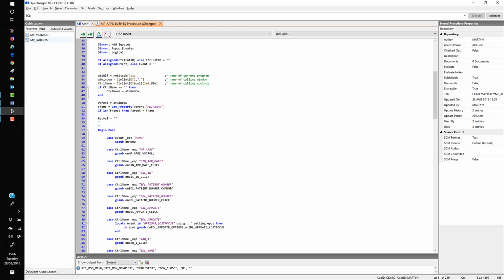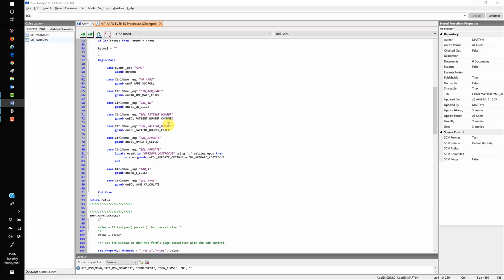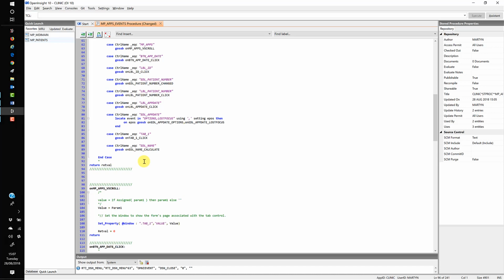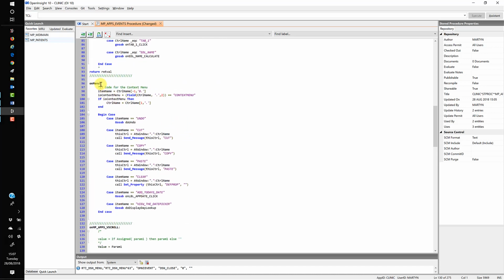Now we don't have an on menu option at the moment, we're going to need to create one. So if I just grab that code from Notepad, and we'll come down to the bottom here and we'll drop that just into this section here. So on menu, we're going to set the item name, we're going to check that it's a context menu, and then depending on the event that's passed, we're going to do a number of things. So we'll come back to that